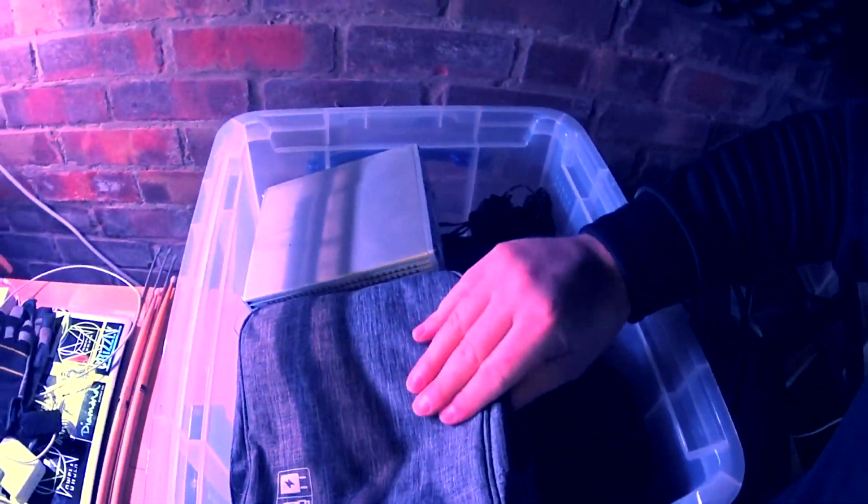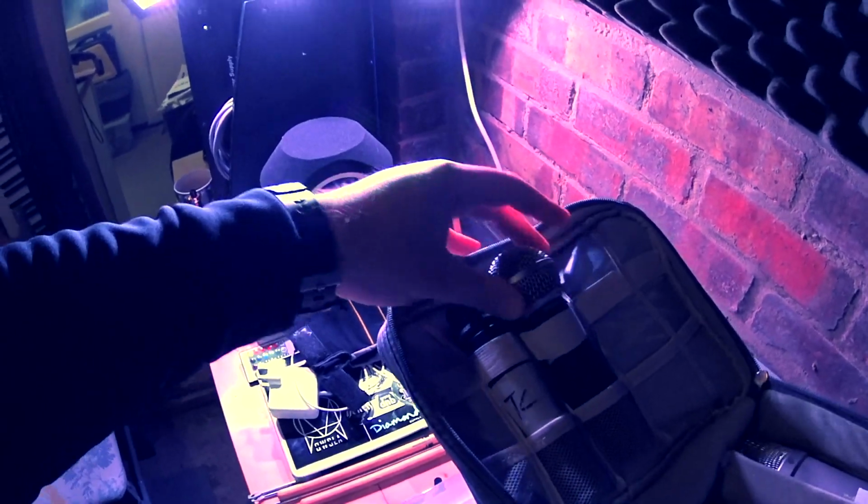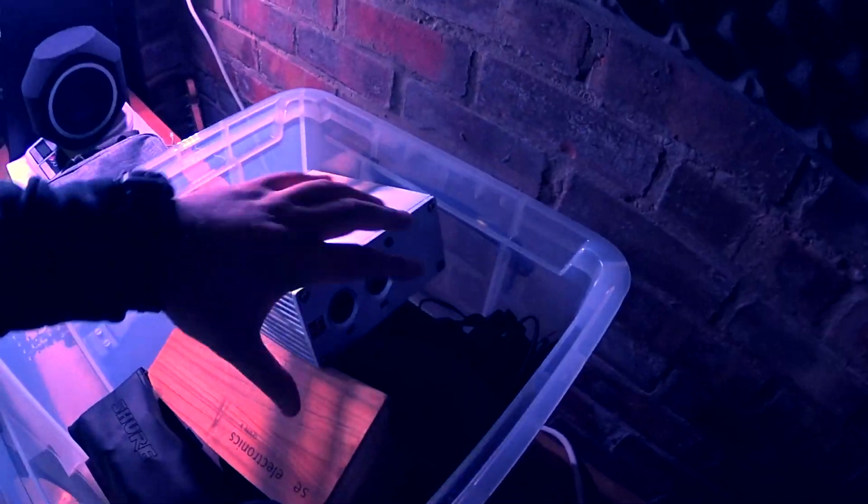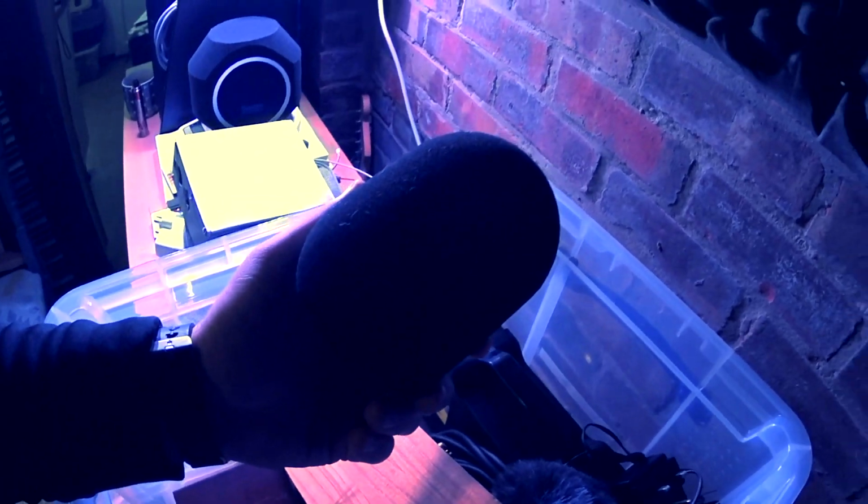Microphone selection. In this box is a few microphones. What do we have? Let's have a look. In here I've got SM58, 57, some yoga thing I picked up, 2 of these NT1As, really like them. And then they've got a power supply for a valve mic. These are all connections and stuff. Pop shield for the U87. And today we're going to be using